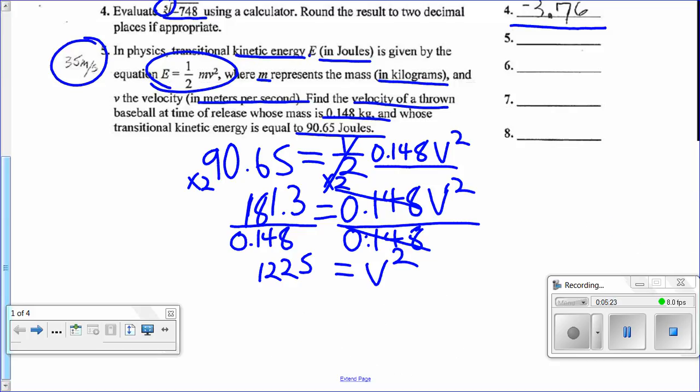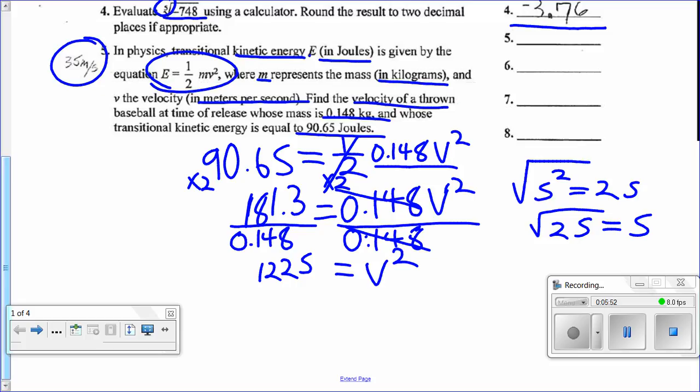So now, let's just say we have 5 squared. Okay? 5 squared is 5 times 5. It equals 25. If all we were given was 25, and we wanted to know what was squared to get to 25, well, that's called the root. We know that's 5. So it's the same way over here. We did the same thing to both sides, so we can just do the same thing to both sides here. Well, we know the square root of something squared is just that thing. So now what's the square root of